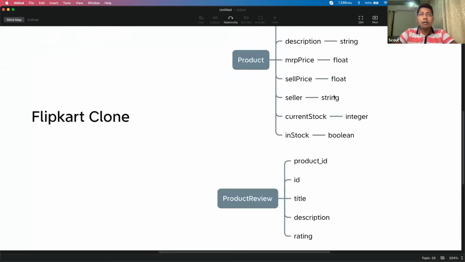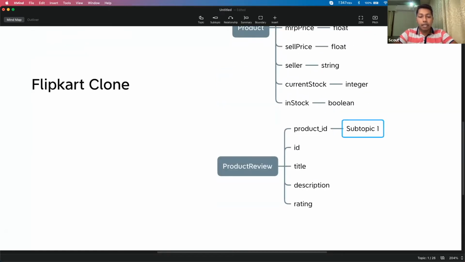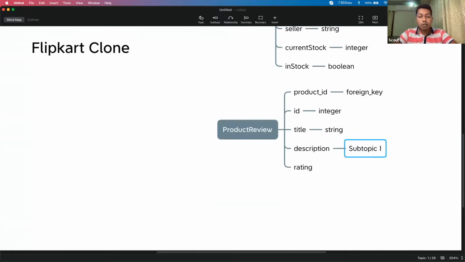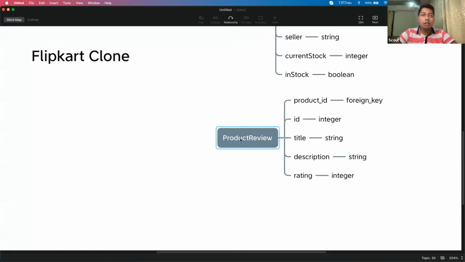So similarly, product ID, you can say it is a foreign key, then it is of type integer, title is of type string, description is of type string, rating is between 0 to 5. So let's say it is an integer, right? So now